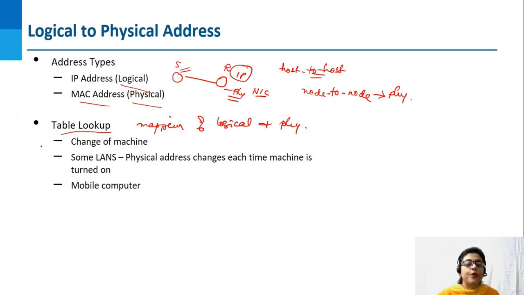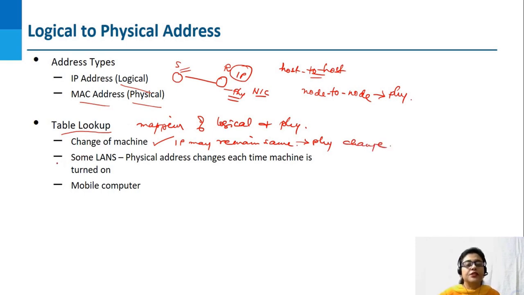But there are certain problems. There may be a change of machine. If the machine changes, the IP address may remain the same,